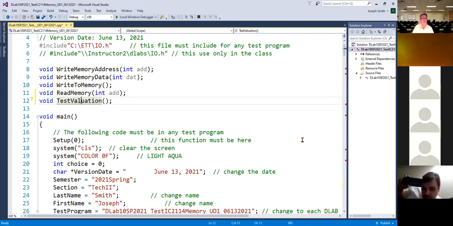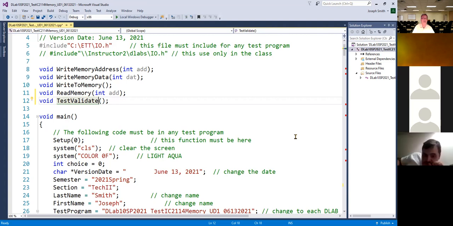VAL, I, D, A, T, E. Is that right? Yeah, validate. Right? Validate. D, A, T, E. Get rid of the ION. Yeah. Then anything using the other one, substitute it with that. Okay. So then,